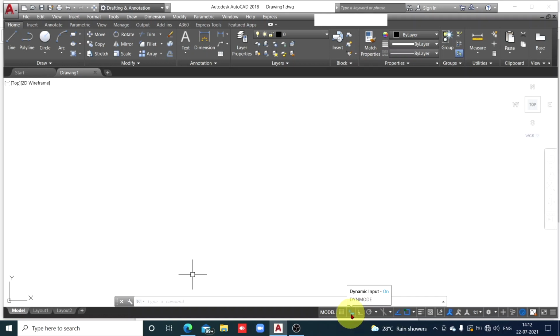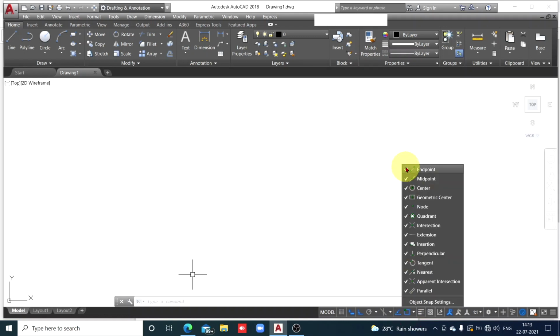Dynamic input on, blue colored means it is on, ortho mode on, then snapping reference lines on, and snap cursor to 2D reference points on. Check drop down menu available here in snap cursor to 2D reference points. Keep that entire menu on.